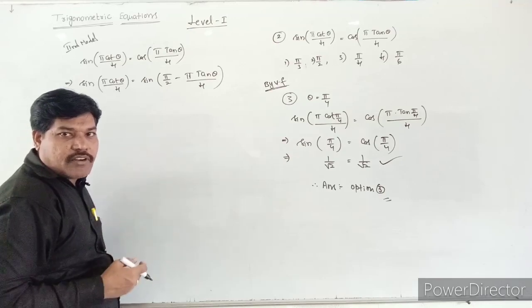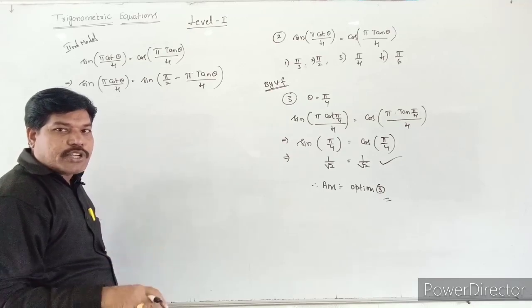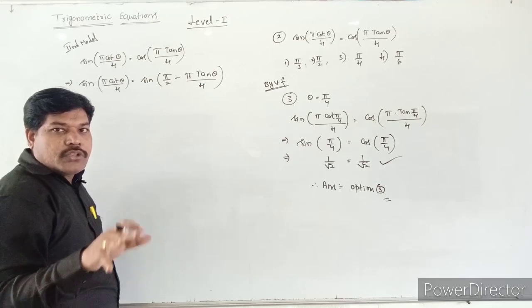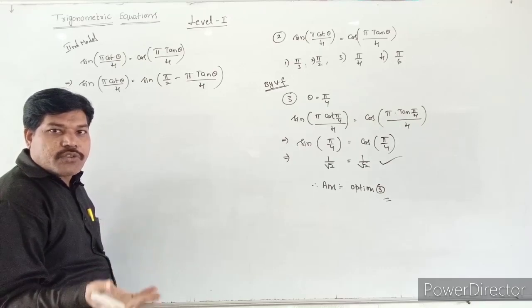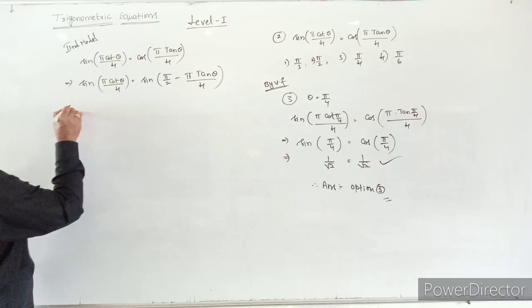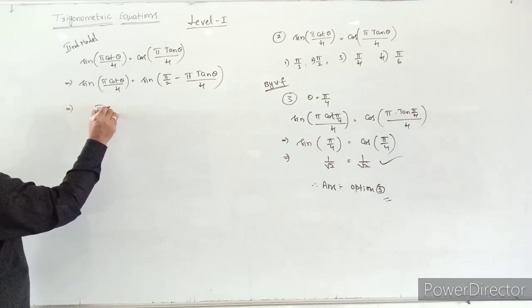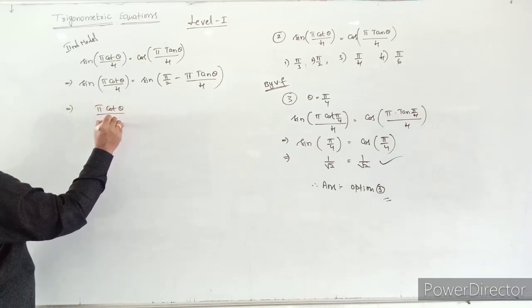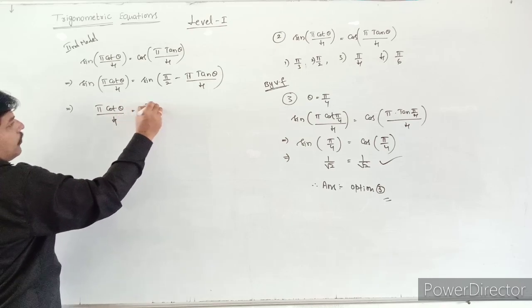Sine theta is equal to sine alpha form is there. But in the options they are asking the principal solution. So that's why there is no need to write the general solution. We will take the direct values. By that implies, what we will get is pi into cot theta by 4